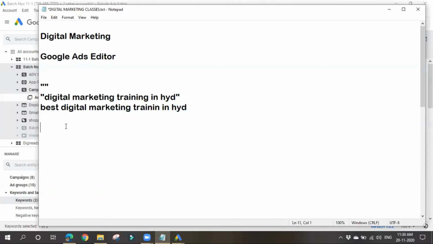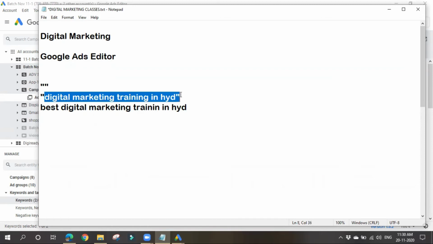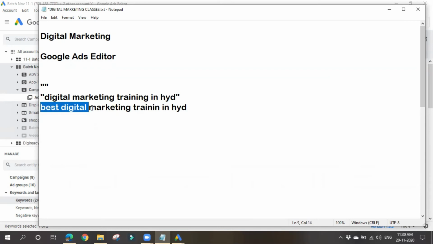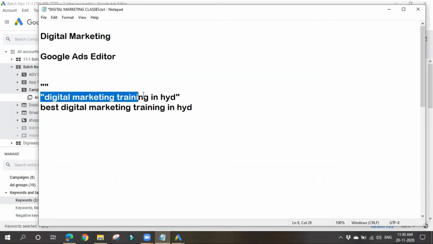In case of phrase match, both suffixes and prefixes are allowed, and also this sentence must be present in the exact order and in the exact manner. Then, is there any use to write the second thing? If I give this as a keyword, it is enough, right?